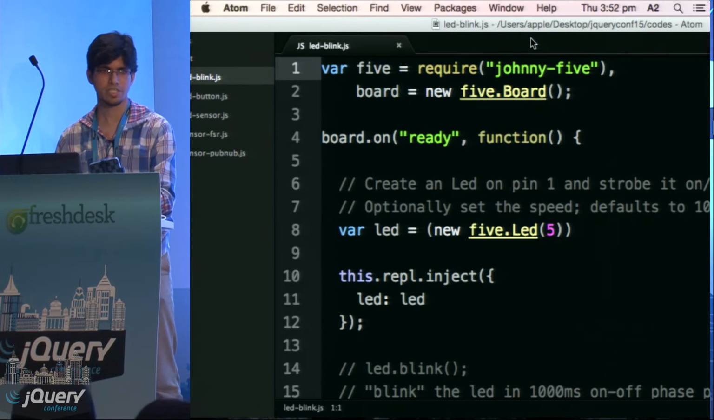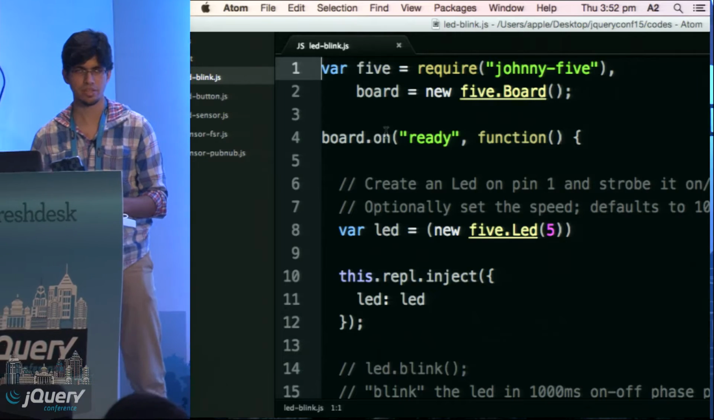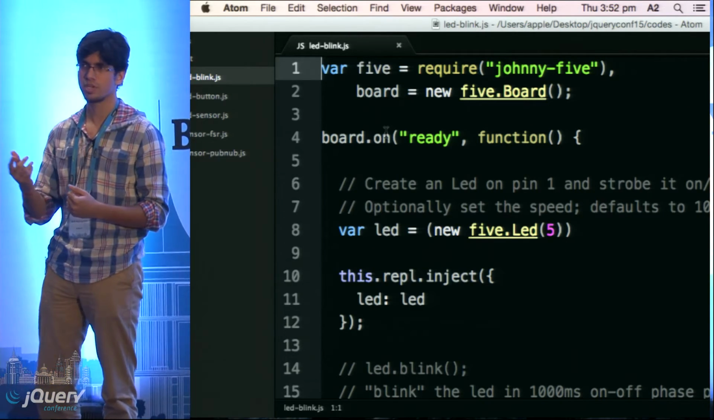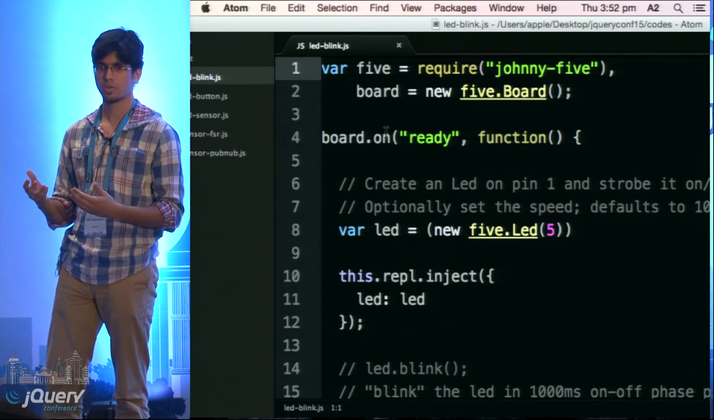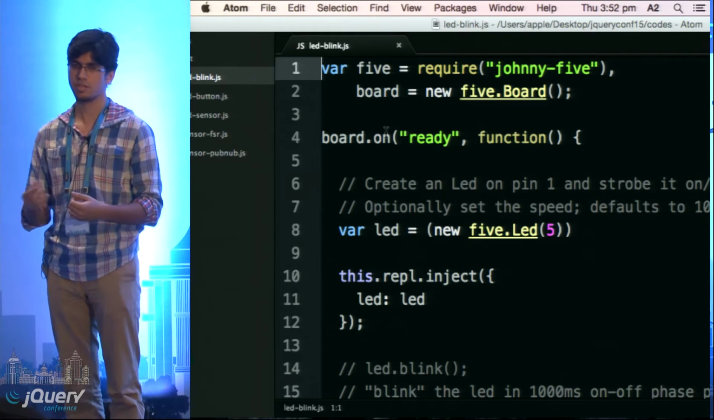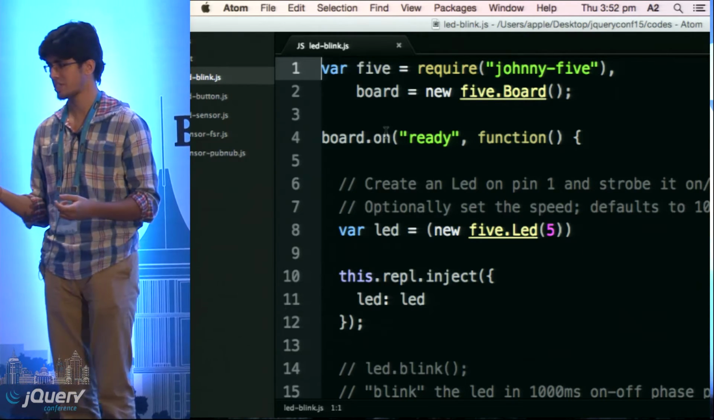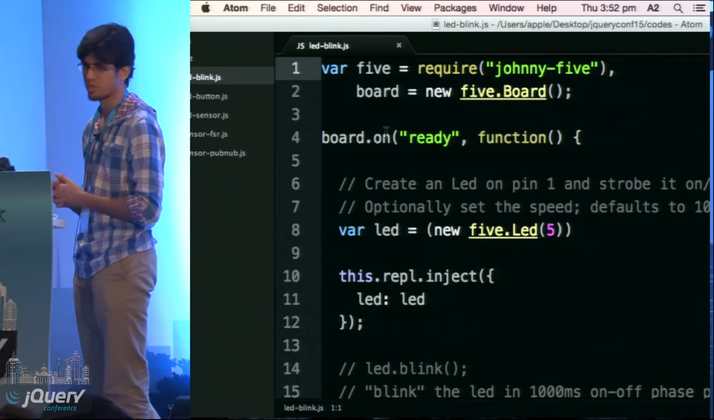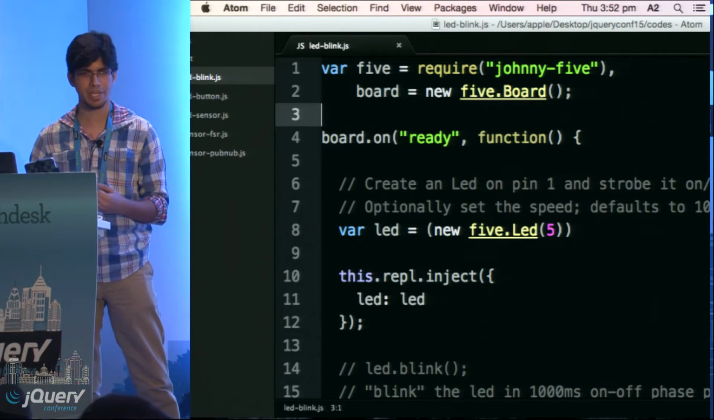In these examples, I'm using Johnny 5, and just like in a normal JavaScript program, first we mention whatever modules we require. So here's Johnny 5. Inside the Johnny 5 library, there's a component called board, which essentially means whatever board you are using. In this case, we have the Arduino board. And we are saying that when the board is ready,